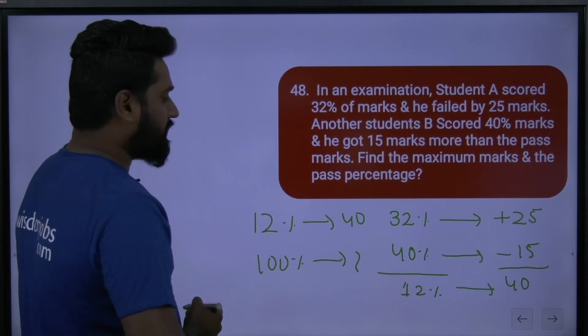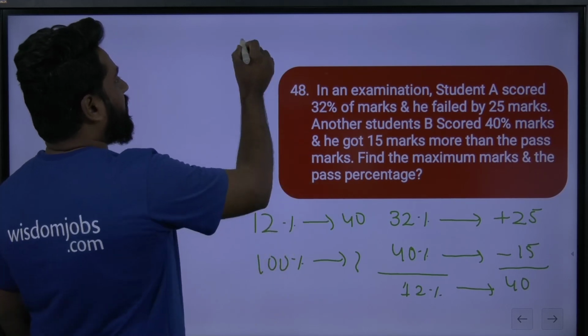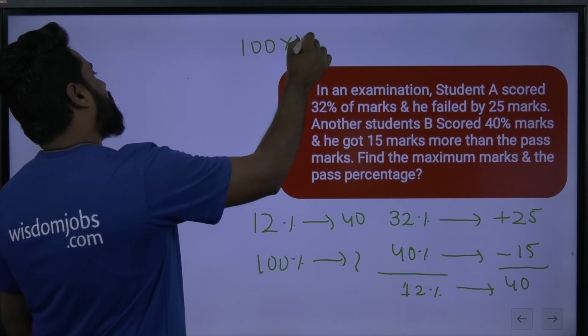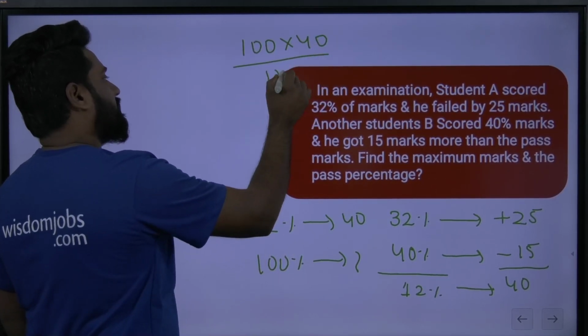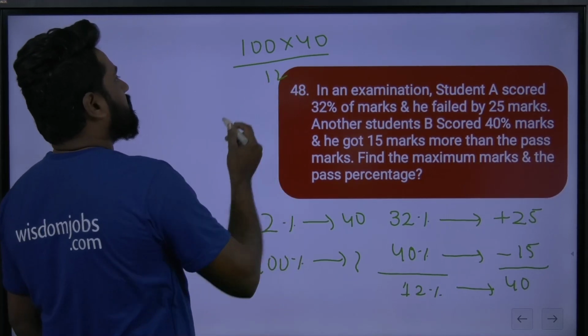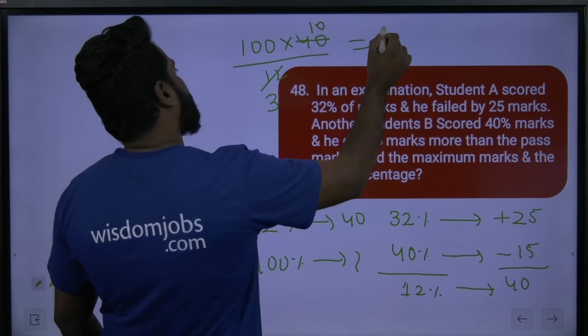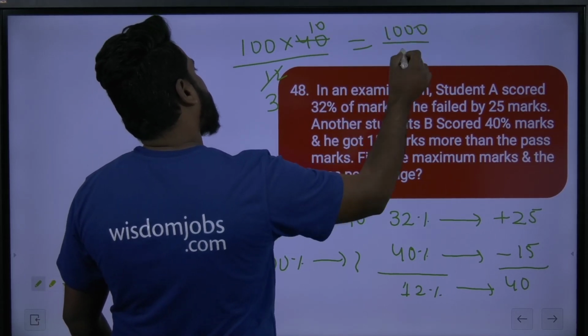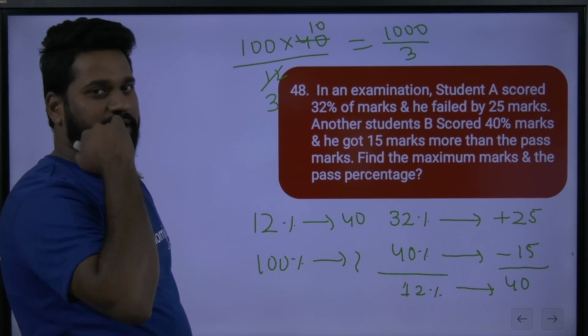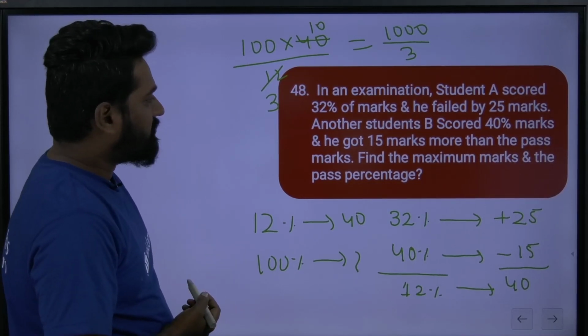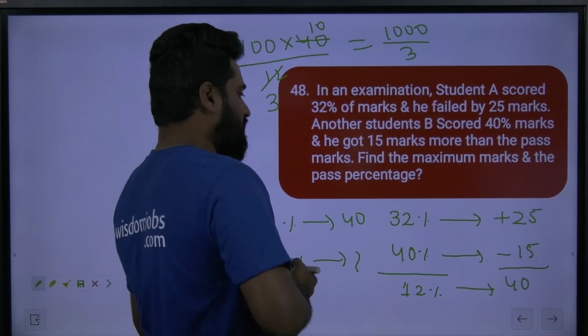Cross multiplication. Just cross multiply: 100 into 40 by 12. You can write 4 threes are 12, 4 tens are 40. So 1000 by 3 you are getting. Is it clear? So not exactly 15, here you can take